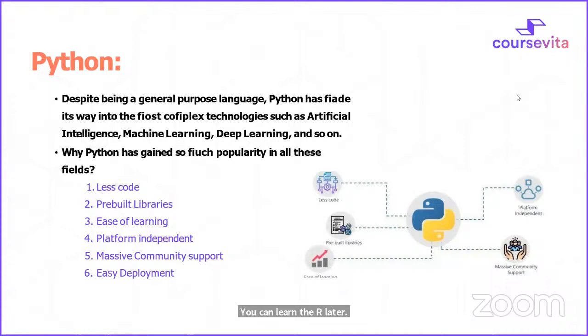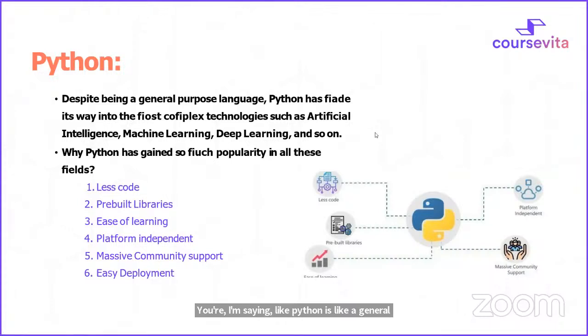Here also we have basic, intermediate, and advanced levels, in 3 sessions or 2 programs, where you can understand the basics and advanced topics completely. Python is a general purpose language, so it is very easy to understand.